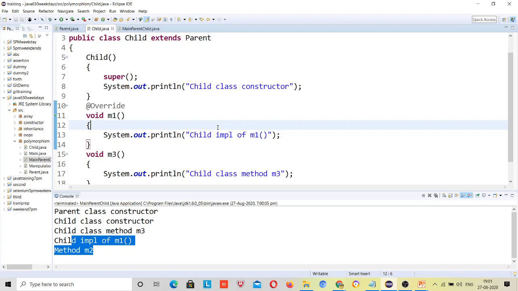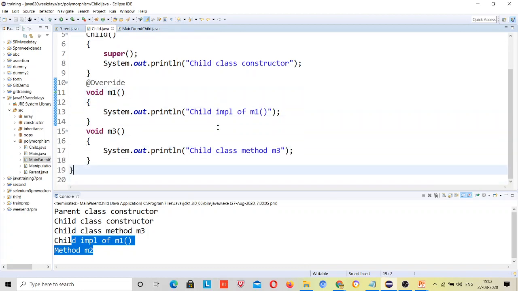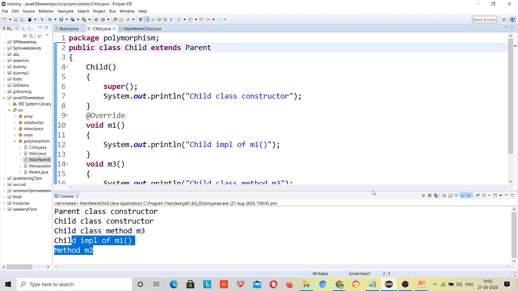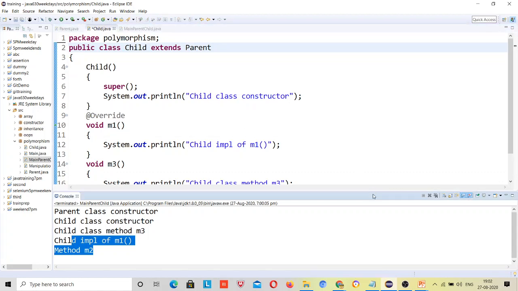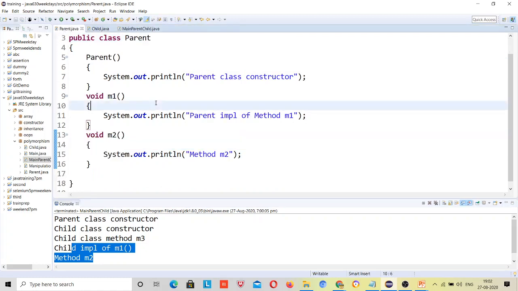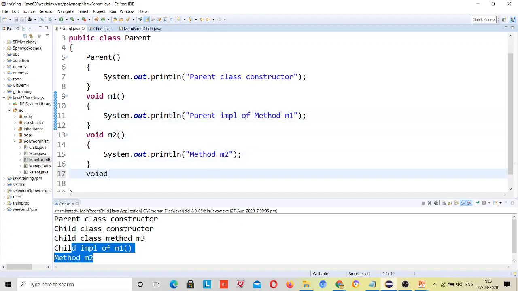Thank you. So now just note this point, guys. Note it on pen and paper, because although you will have this video, if you note this point, that is a shortcut for you to remember the rules. Otherwise you have to watch the full 1 hour video, right? Now suppose the parent class says I have a method void m3, void m4, because m3 is present inside the child class, right? Void m4.